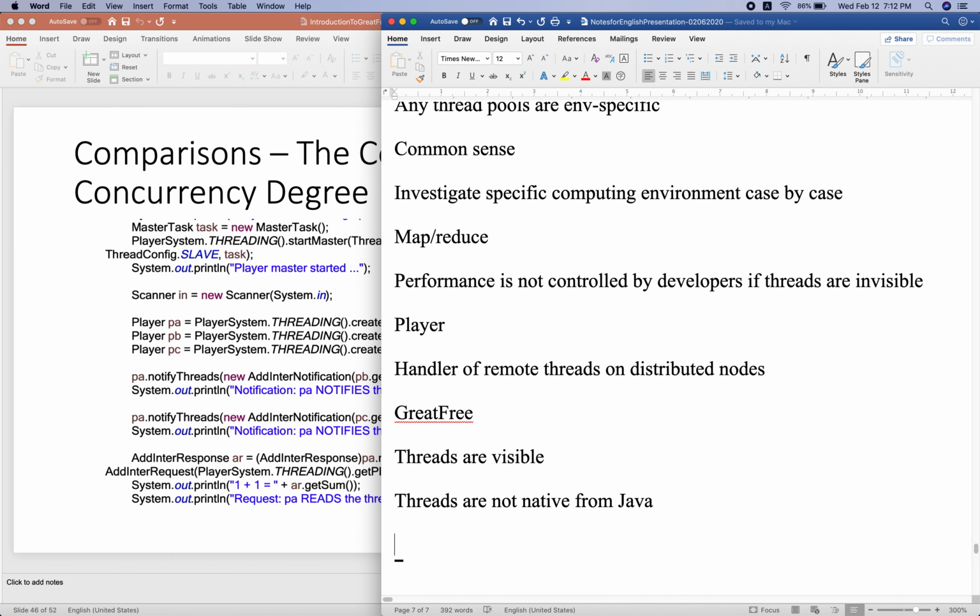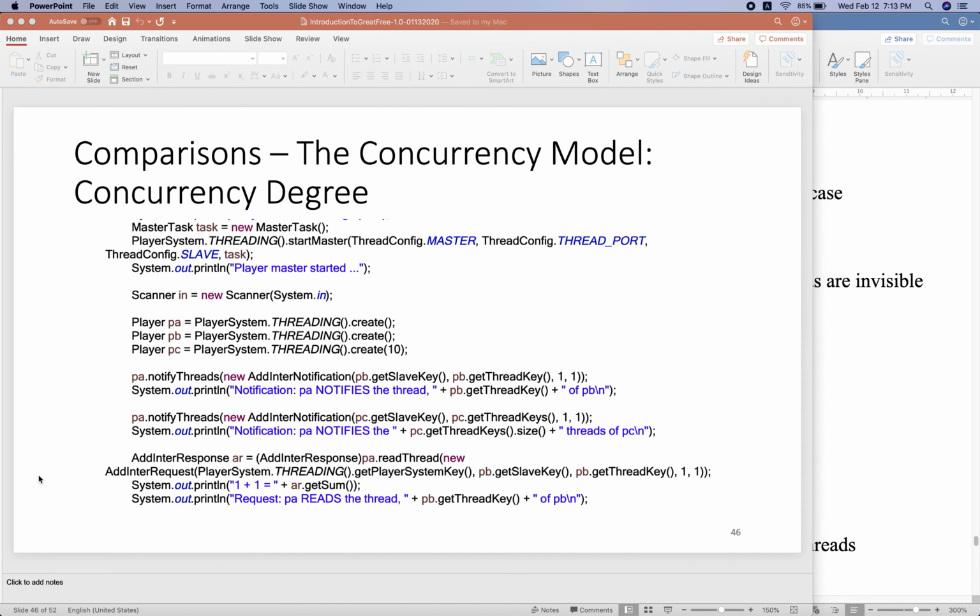So these threads are not native from Java, but are changed into these Grid-Free threads, which are turned into messaging-based threads. So it's easy for developers to control and to program, right?